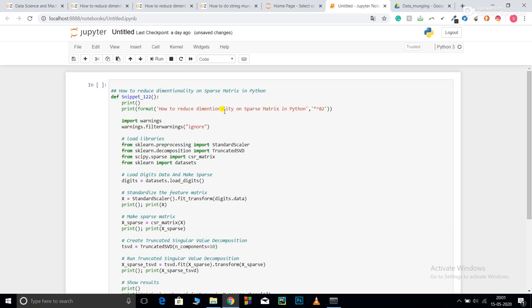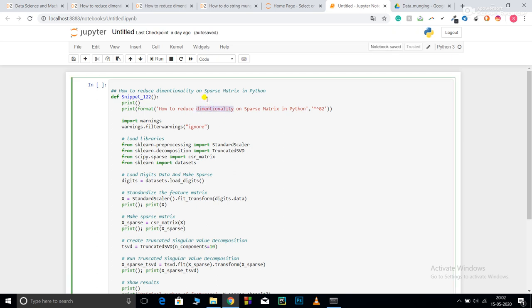Suppose in 10 documents we are making a word co-occurrence matrix of unique words, and the unique words come out to be 300. Now the number of rows is 10 and the number of columns is 300. In those cases we need to reduce the number of variables, that is the number of components of my sparse matrix, in order to balance the number of rows as well as the number of columns.